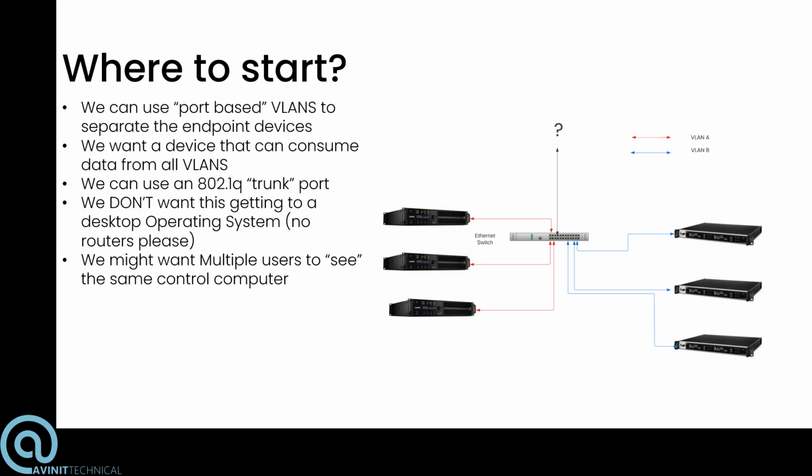People were building trunk ports onto their desktop operating systems, assigning VLANs to them, and then letting it all escape into their desktop operating system. It correctly identifies there's different IP subnets here, and of course IP subnets mean we're going to do routing, because that's what IP subnets are for, aren't they? They're for routing between. So the laptop gets involved, and as soon as you look at it, it starts routing traffic between subnets, which is a common thing for desktop operating systems to do. So that's why I can't emphasize strongly enough why we want to avoid that scenario.